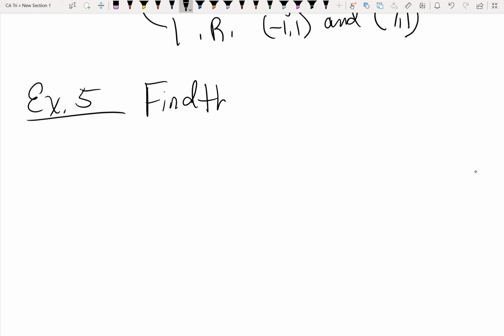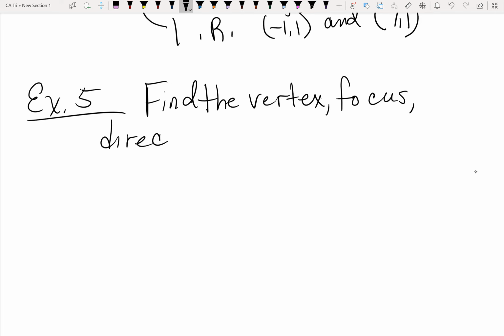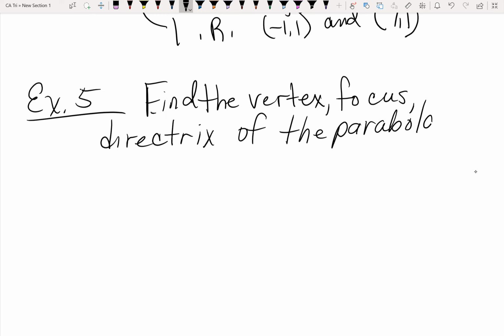So find the vertex, the focus, the directrix, of the parabola given by